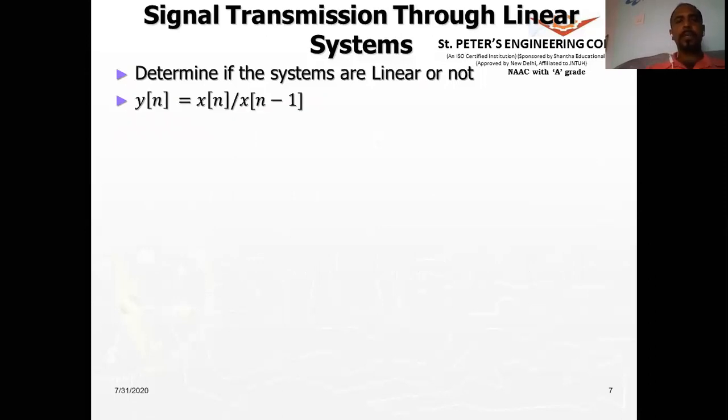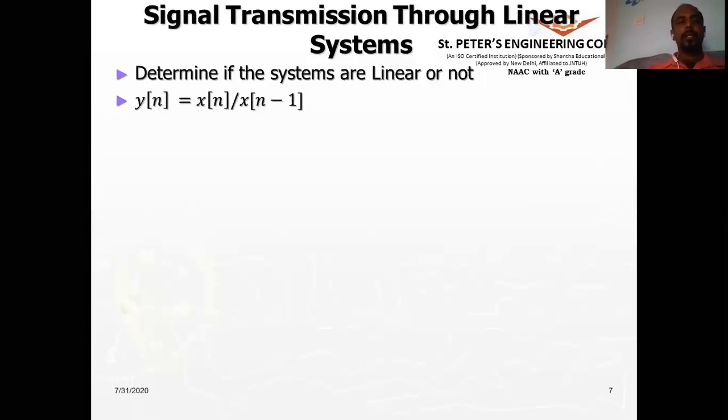Because in this second unit, we have to look into the signal transmission through linear systems. So we know a system. What is a system? It will take an input, perform some operation on the input and give us an output. So that is a system. Now we are looking at a linear system. So before we go into what are linear systems and understand how the signal is transmitted through the linear system, we are trying to understand the concept of the linear system. What do we mean by linear system? Actually, this unit deals with linear time invariant systems. So after this session, we will look into the time invariance property of the system.